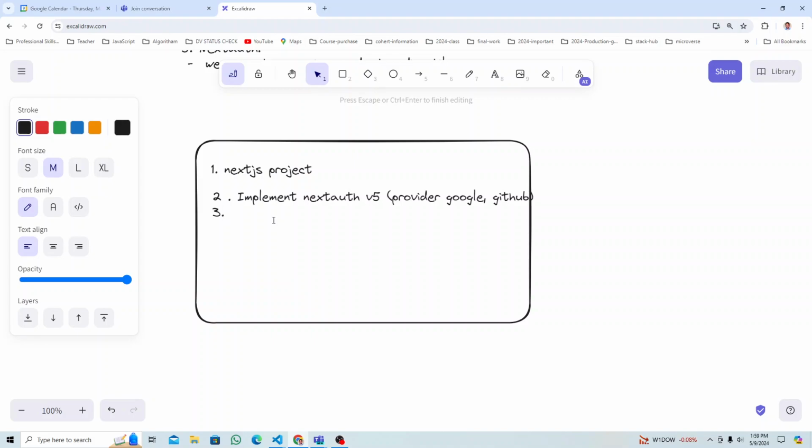We know how to install NextAuth and configure the API routes, the API auth and the catch-all routes and all that. Simple things. We have seen that before. What we're gonna do today is